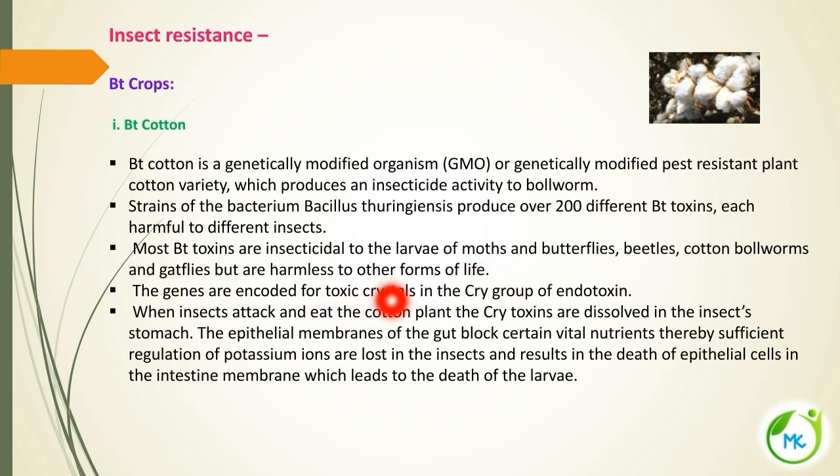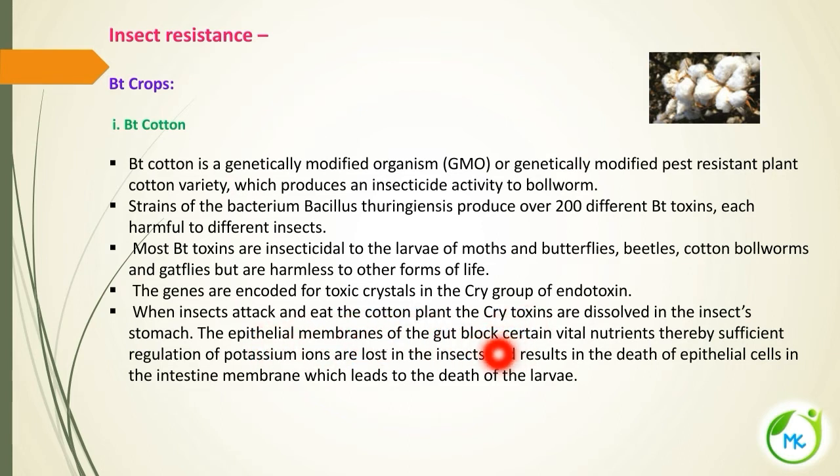And the genes, okay, that is the genes which is responsible for the toxic effect is encoded for the toxic crystal in the CRY group of endotoxin. See here CRY stands for the crystal toxin. And when insects attack and eat the cotton plant, so if this insect is going to attack the cotton plant, the CRY toxins are dissolved in the insect's stomach, because the plant will be having this Bt. So whenever the insect is going to eat the cotton plant, the CRY toxin are dissolved in the insect stomach,